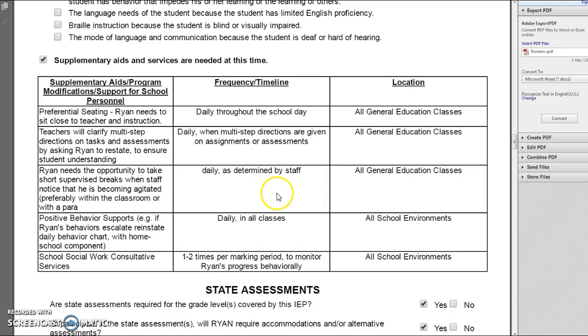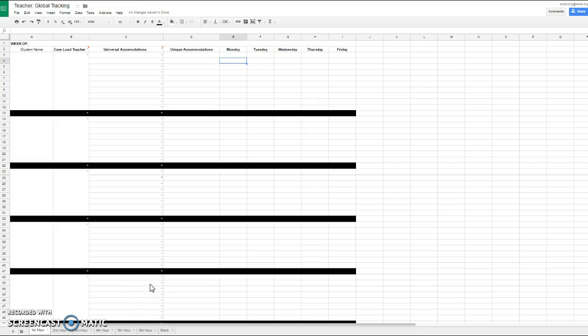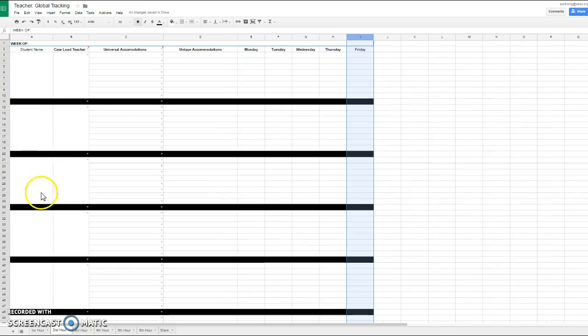So you'll get this document and you'll be responsible for reviewing those accommodations. And once you've done so, then you can begin to set up a document that tracks these accommodations and your implementation of them. And so we're going to share with you a sheet that looks like this. It's a Google form, and the purpose of it is for you to be able to track stuff. And what it has at the bottom are tabs where you can enter your students by hour. So you can enter all your 504s and special ed students in the first hour tab. Then you can go to your second hour tab and do the same type of thing all the way through